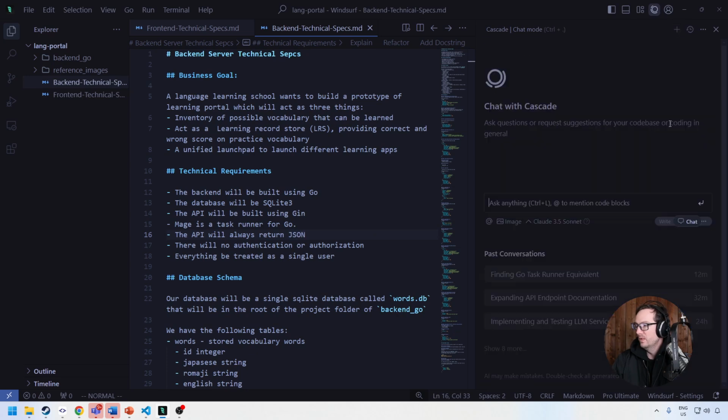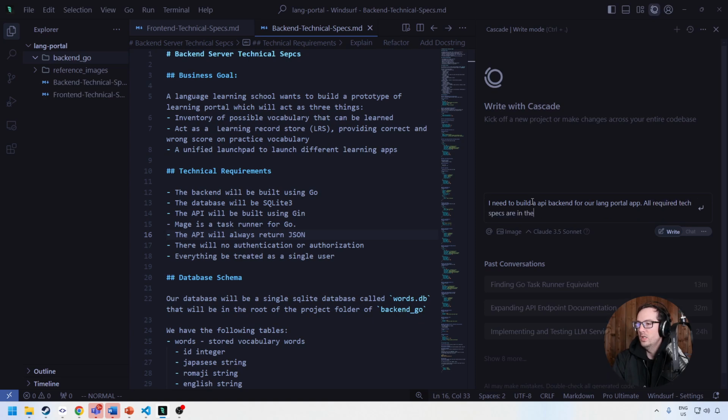But now that we have this, I'm gonna hit new. I'm gonna go over to write. We haven't been using this so far, but now we're ready to get going here. So I have defined a technical spec. So I need to build a backend Golang app, or sorry, I need to build an API backend for our Lang portal app. All required tech specs are in the